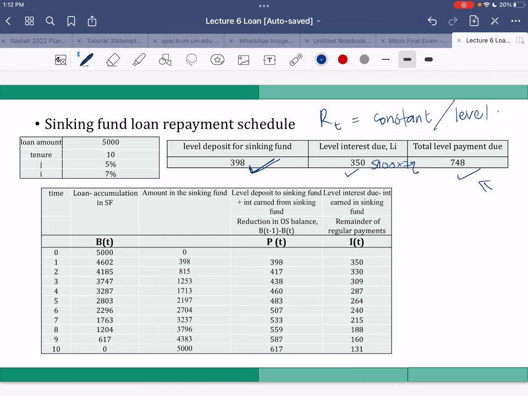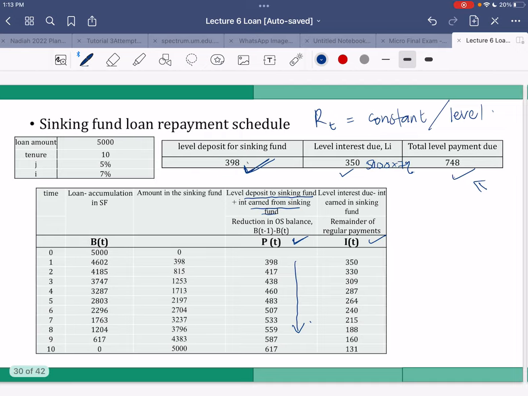So that 748 ringgit, this is the loan amortization schedule. So you will need to count the PT, the principal repaid, and the IT. The principal repaid is the deposit to the sinking fund plus the interest earned from the sinking fund. If you see here, the PT keeps increasing because it is the level deposit to the sinking fund, which